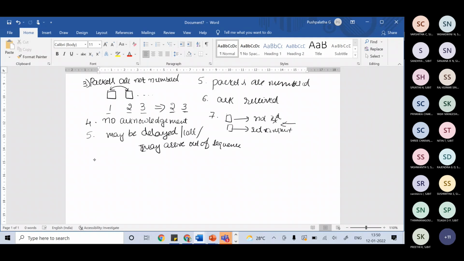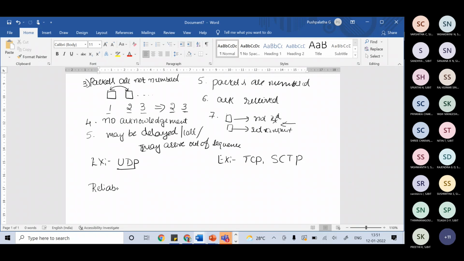So these are some of the differences that you can see, right? In case of connectionless, the best example is UDP, that is User Datagram Protocol. In case of connection oriented, we can take an example of TCP, that is Transmission Control Protocol, and Stream Control Transmission Protocol, that is SCTP, which we will be discussing in a short while. So when we talk about connectionless and connection oriented, we also should discuss reliability, which I told you in the roles and responsibilities of a transport layer.